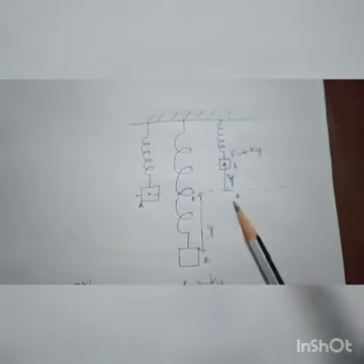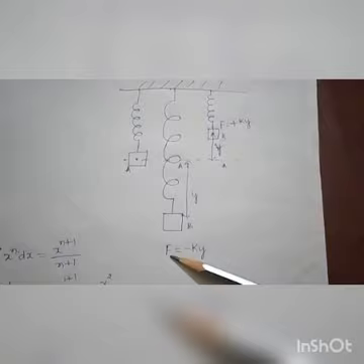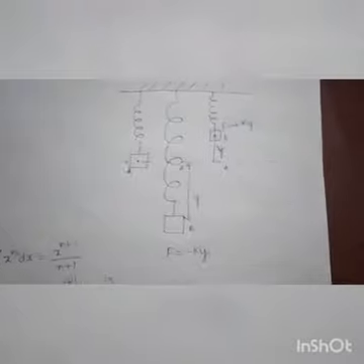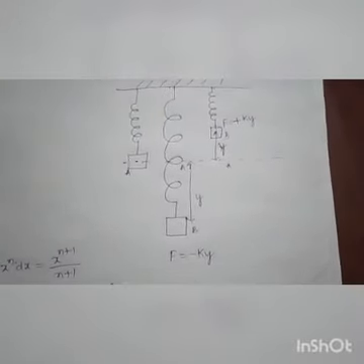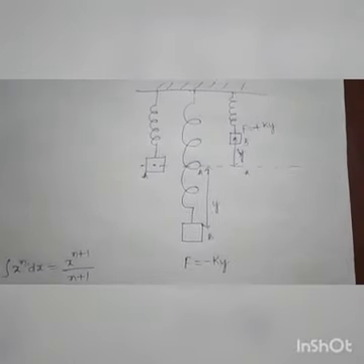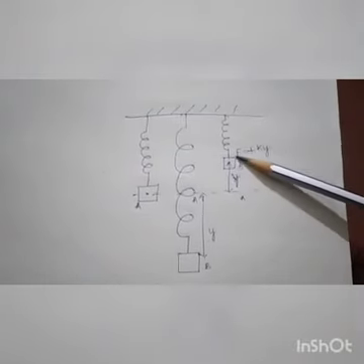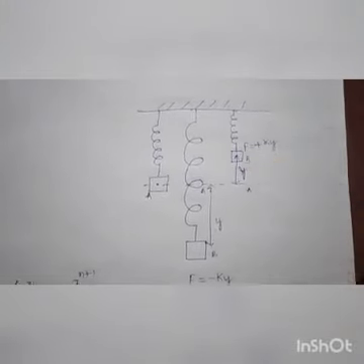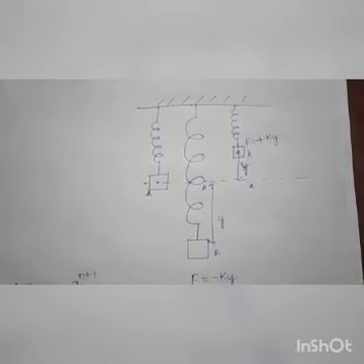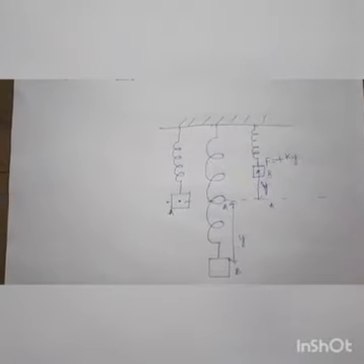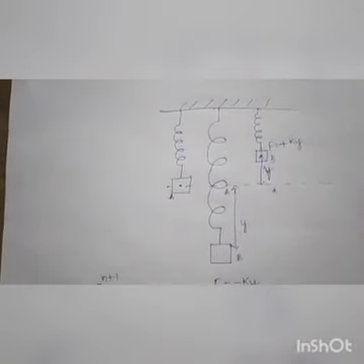Here, for a stretched vertical spring, F will be equal to minus ky, and after deriving, the potential energy equation should be potential energy equals minus half ky square. For a compressed vertical spring, displacement will be y, then F equals plus ky. Then after simplification, the expression for potential energy of a compressed vertical spring will be half ky square. Thank you.